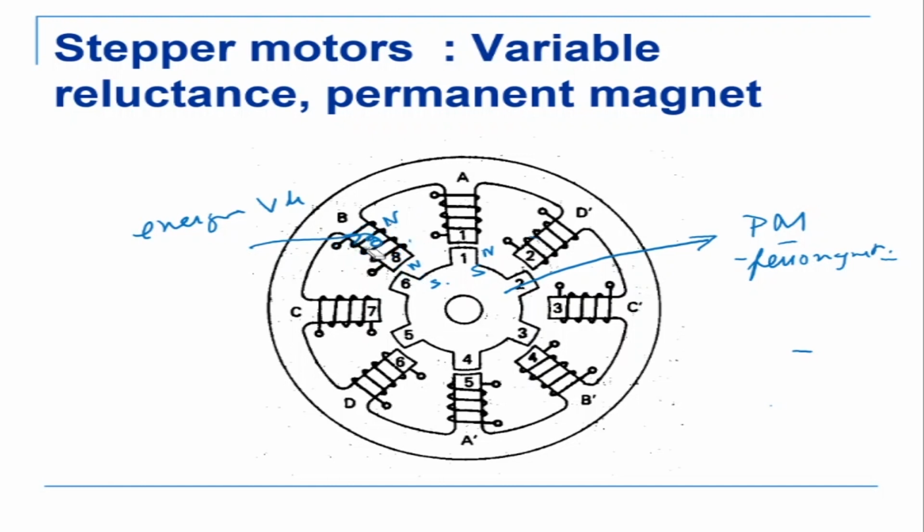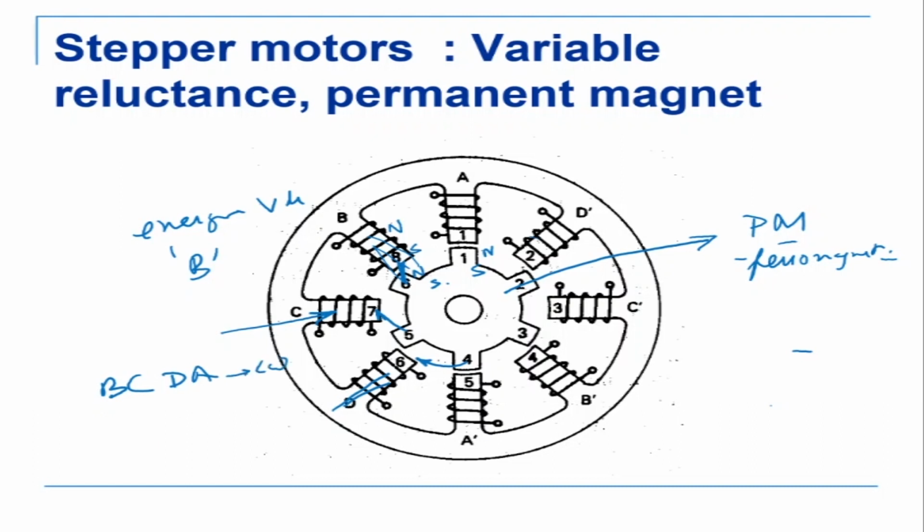Okay, so what happens is when I energize pole B, or this teeth B, it will create a magnetic field which has a south north, and this will attract the teeth there, and this will align against that. Then I energize this one. So what will happen? This will move this side. Then I energize this one, this will move this side. So energize in sequence like B, C, D, A, and the rotor is going to go clockwise.